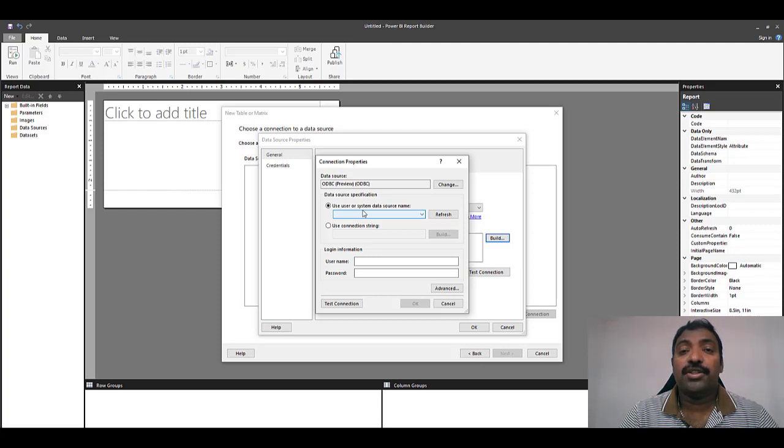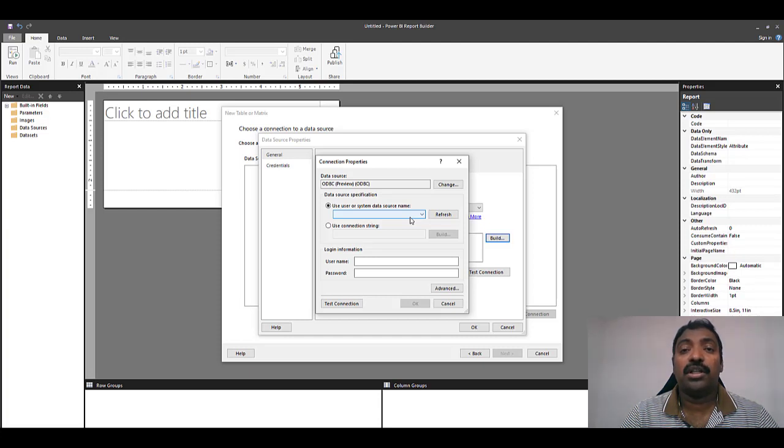If you see, the issue is because what we have created is a 64-bit DSN, whereas this application, the Power BI Report Builder application, is a 32-bit application. So you will not be able to see any of the 64-bit DSNs that we have created here. So that comes to the second part. Because we couldn't get a 64-bit DSN to work, now we need to download and install the 32-bit DSN. So I have done both the installations.